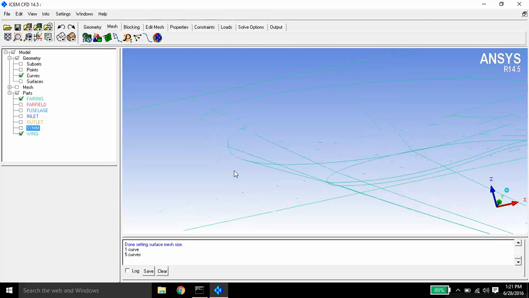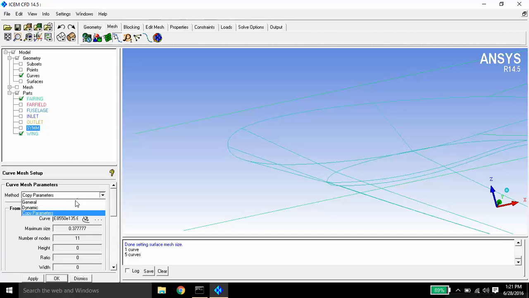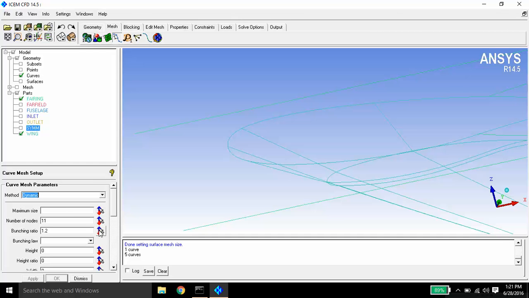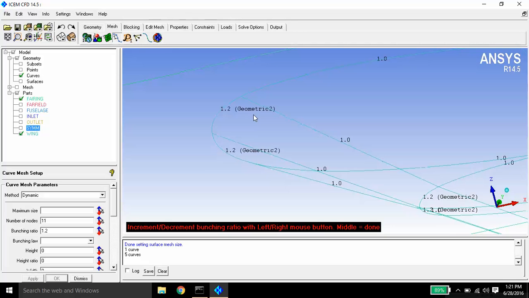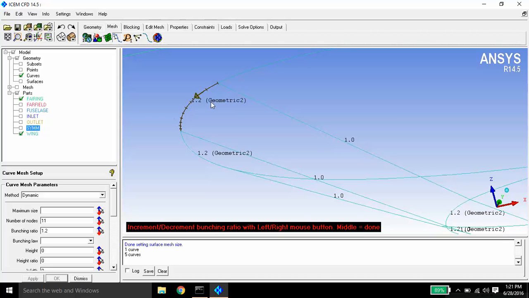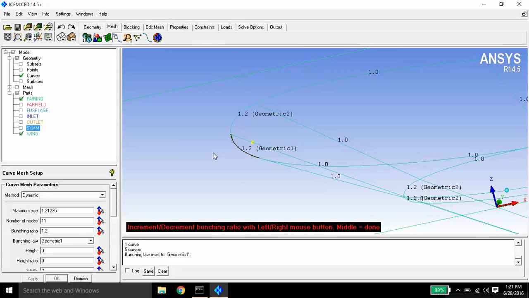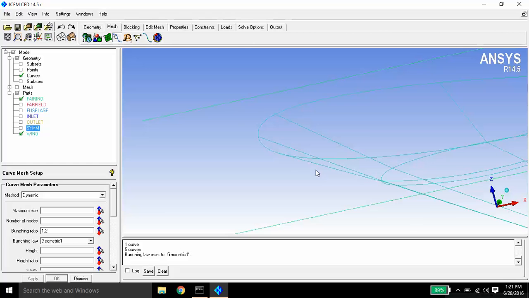So now check if it has come properly or not. So here it is proper, here it is not proper, so we need to change it to geometric one. So now it's proper. Press middle button.